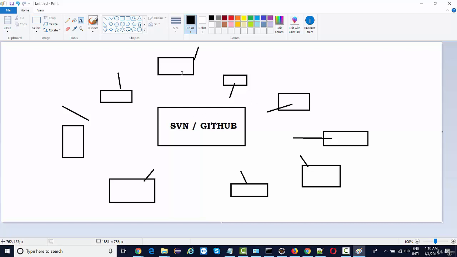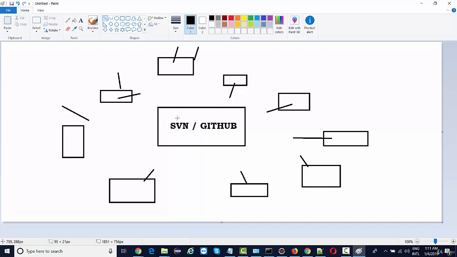So what happens is, let's say somehow this tester leaves the organization. Once he leaves the organization, the code is not going to go away with him, right? Maybe this tester's laptop crashed. So what about the code? The entire code, the project module that he has automated, is not going to go away with that laptop crash, right? Because at the end, everyone is checking in the code to a centralized repository.